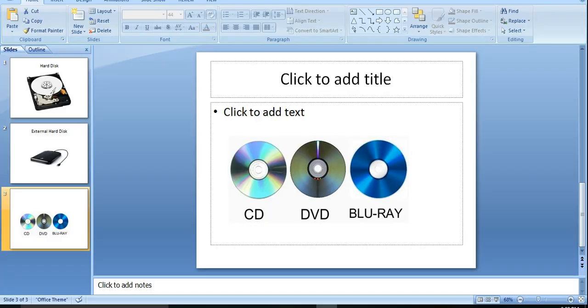All three look the same in respect of size, shape, and shininess, but they are different. Why? Because of their storing capacity. A CD stores 700 MB of data, a DVD stores 4.7 GB of data, and the Blu-ray disc we will study in tomorrow's video. So the only difference is their storing capacity.